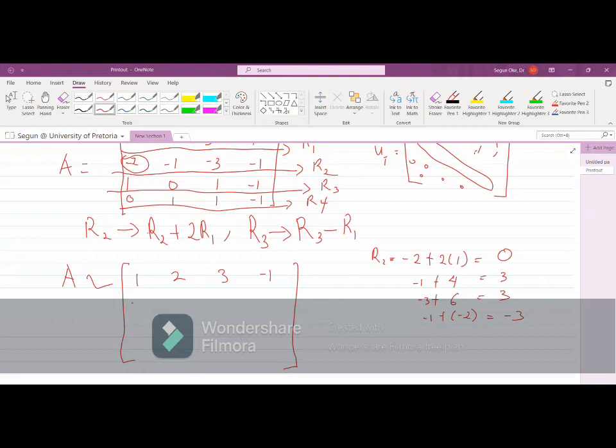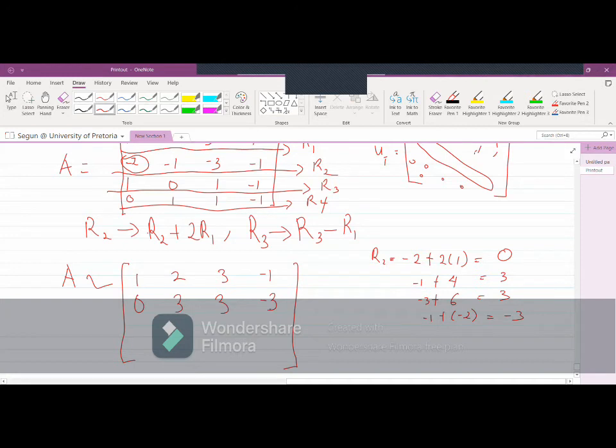But how do we make the second entry from the main question to be that? How do we make it? So that is the question. To make it, now we have 0, we have 3, and minus 3. BC,